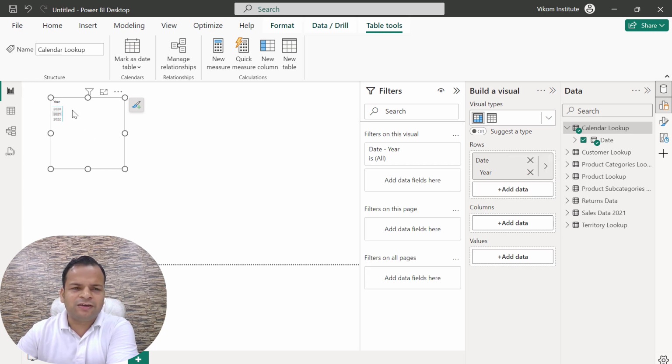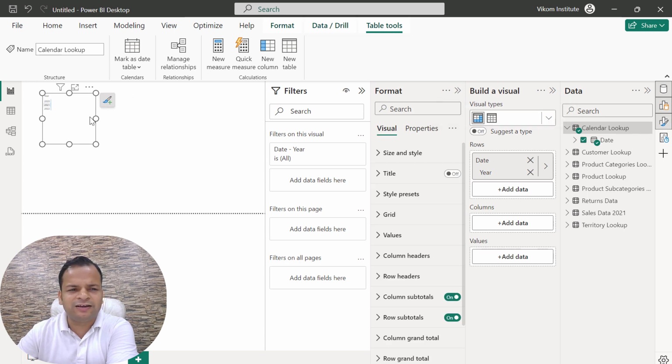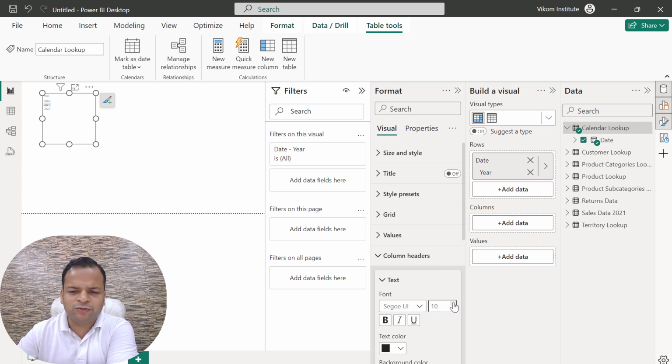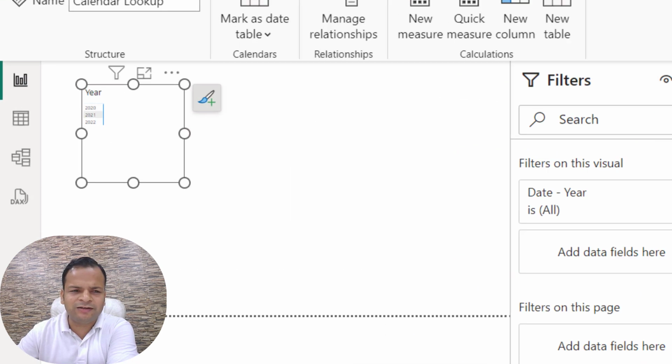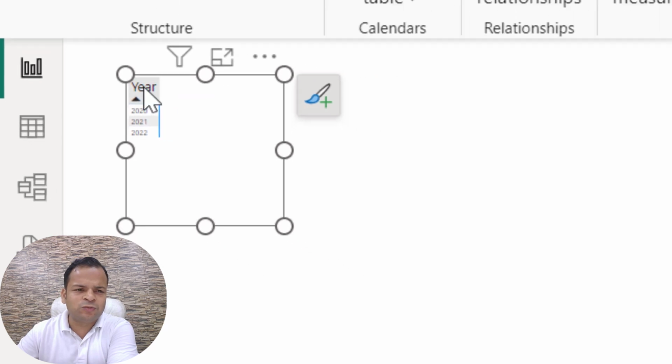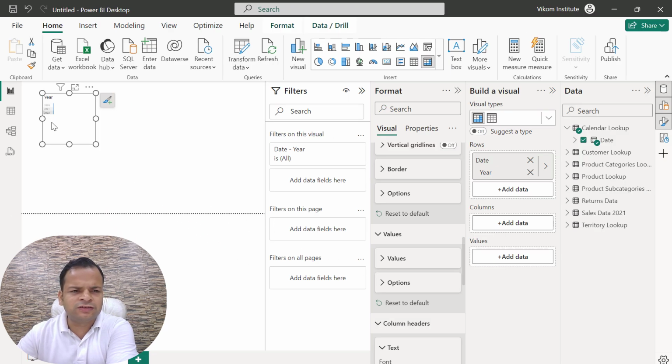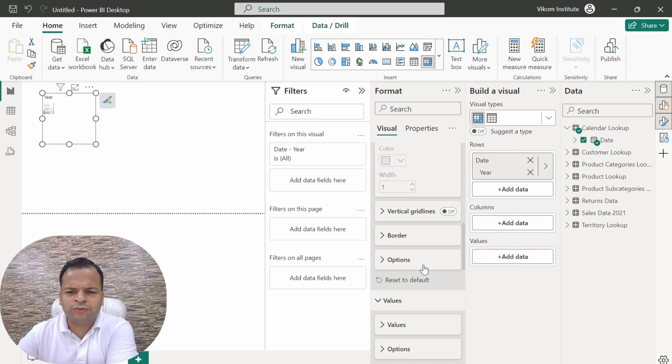Now we can even format this. To format this matrix, you need to simply go to the right side, and here we have format. Simply click on it, and I'm going to increase the size of this matrix. You can simply expand the size of the column header from this one. So if you want to increase the size of the column header, you will see the year is increasing over here. And if you want to increase the size of these values, what you need to do is simply